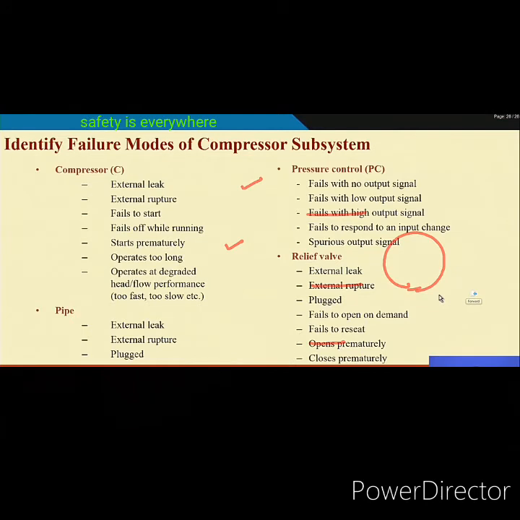So, let us see what those failure modes are. I am just showing you one subsystem, which is the compressor subsystem. You have already seen the components in the compressor subsystem: compressor, pipe, pressure control, relief valve. Now, FMEA is also a team game.